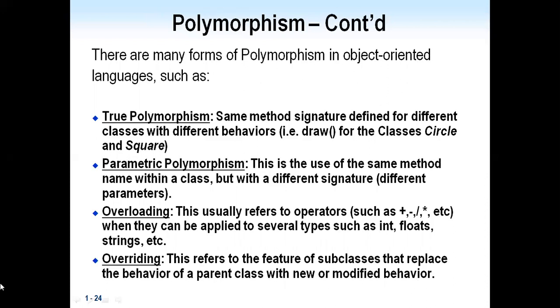Polymorphism can be implemented in methods, classes and subclasses, parameters, and operators. In the Java language we already studied what is meant by overloading and overriding, and what is meant by polymorphism. The next one is inheritance and classes.